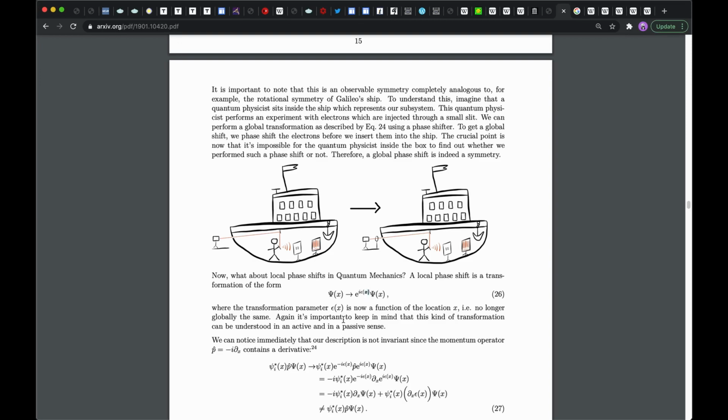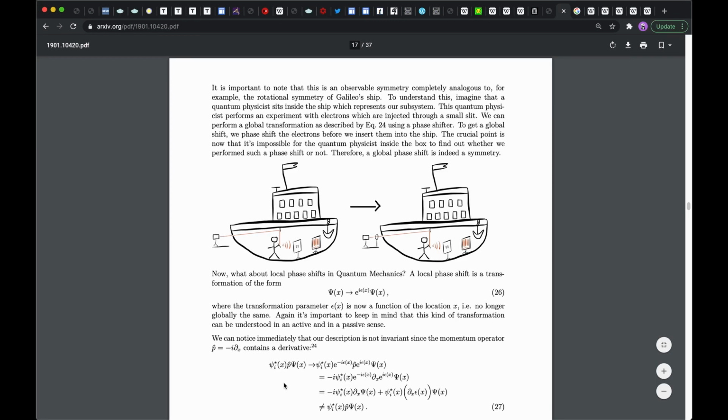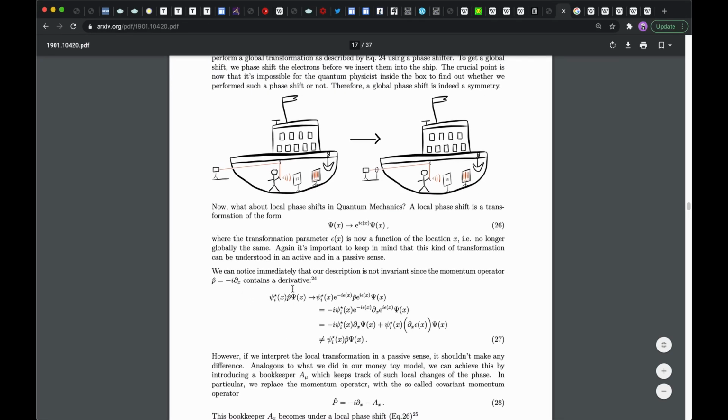So in that case, we can consider, for example, a momentum operator here, and the momentum operator equals minus i dx. And because of the derivative there, you can notice that we will obtain,